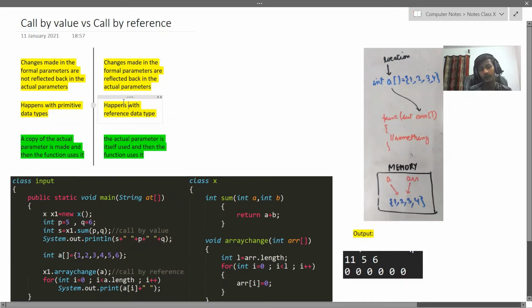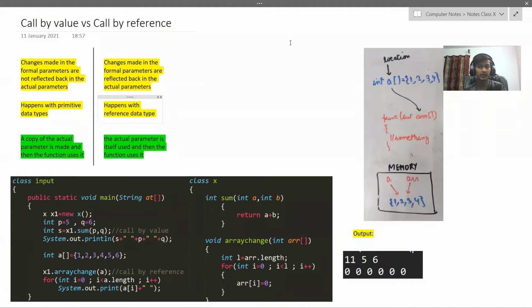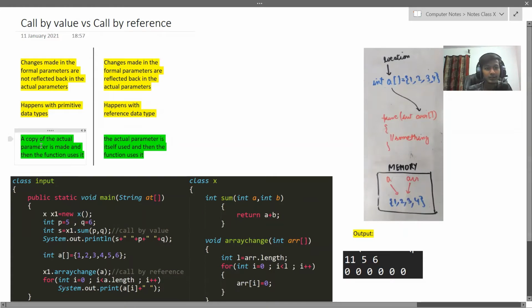Call by reference happens with the referential data types, because referential data types store the address. In call by value, a copy of the actual parameter is made and then the function uses it. In call by reference, the actual parameter itself is used by the function.